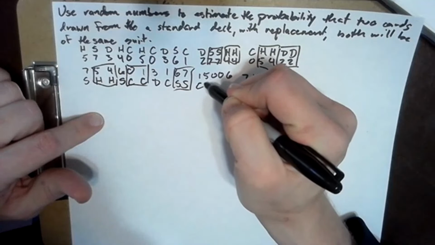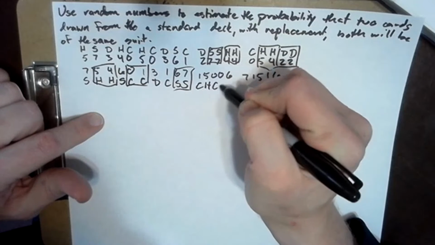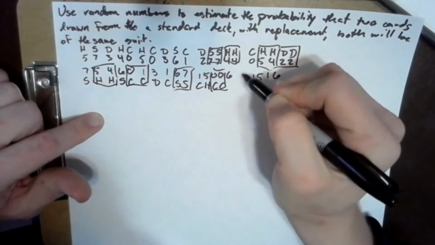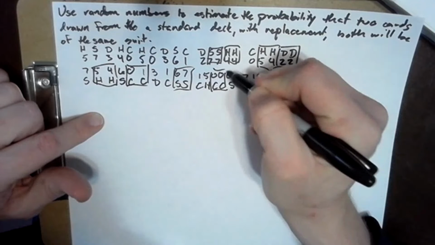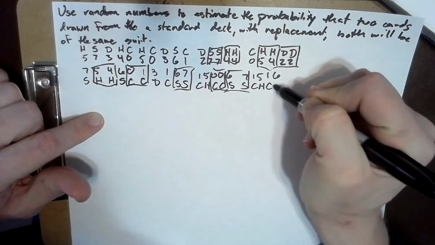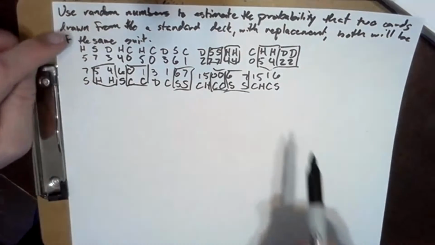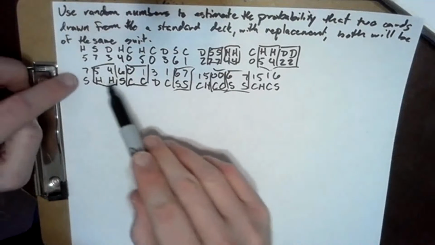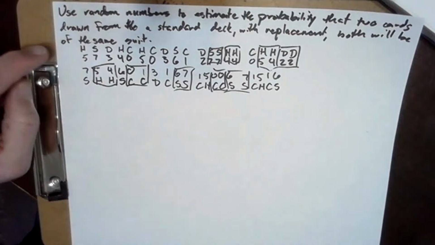Club, heart, club, club. Spade, spade. Club, heart, club, spade. So that's 1, 2, 3, 4, 5, 6, 7, 8, 9